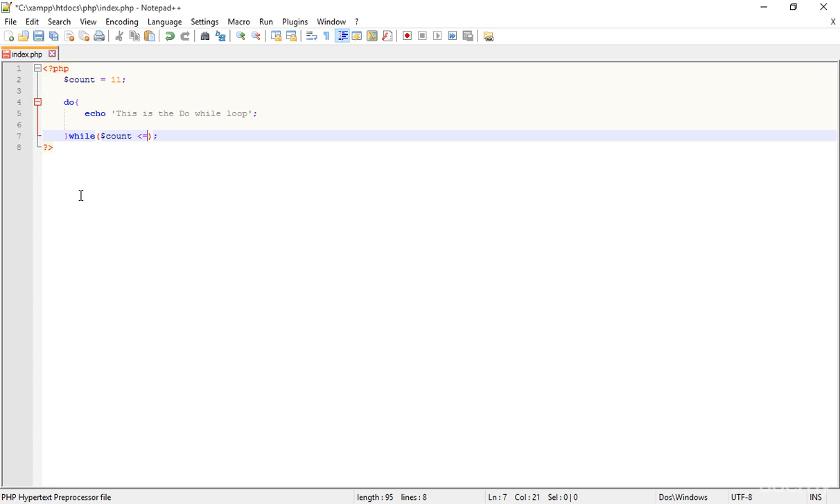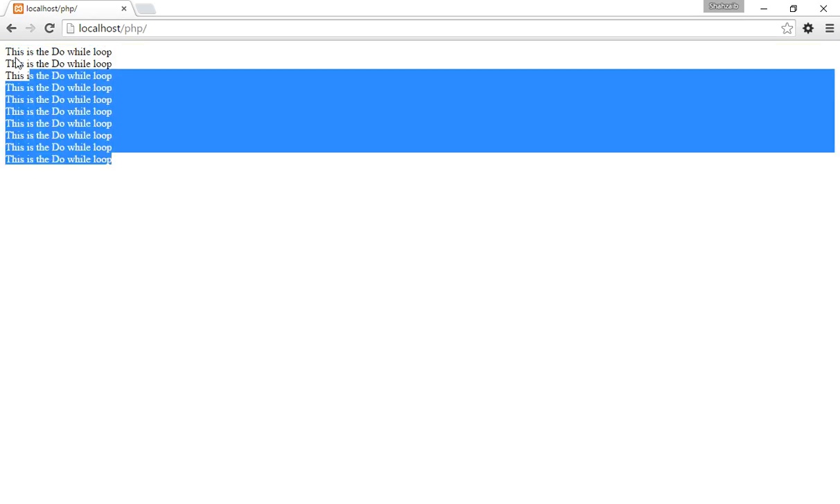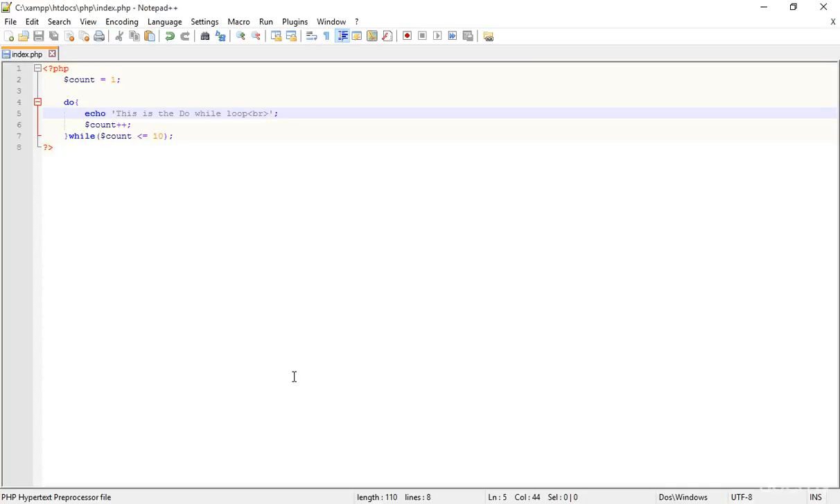Okay, so I'm going to the browser and refreshing it, and obviously this is the same as we did before. BR and save it, and obviously I'm refreshing it, and now this is the do while loop, this is the do all the things, as you can see, the same. But the difference between the do while loop and the while loop is, if I just put 11 here, as you just remember, if we do this thing in the while loop, it